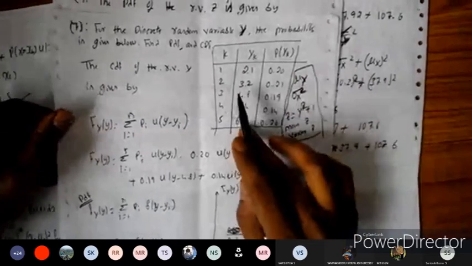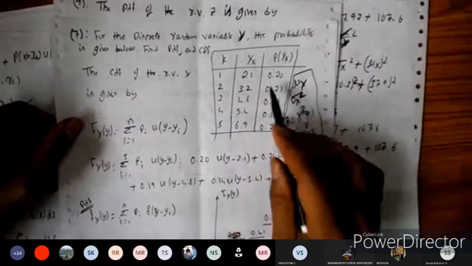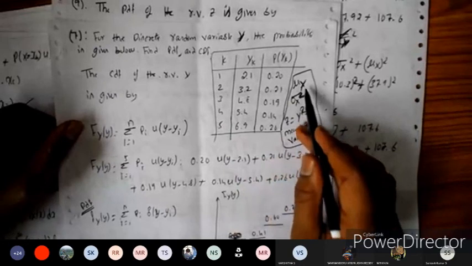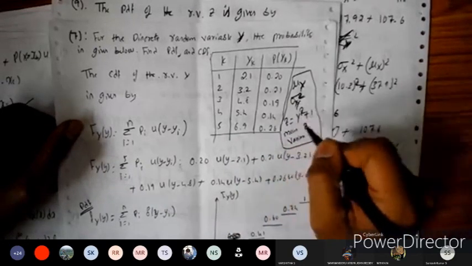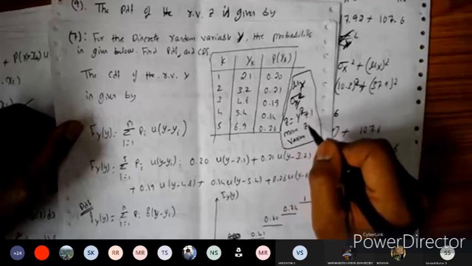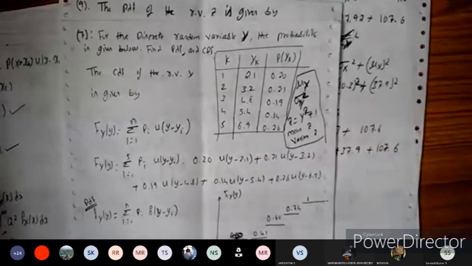For problem number 7 on the discrete random variable, the probabilities are given. Find the mean of y, sigma y square, and for z equal to y square plus 1, let us find out the mean and the variance here. Okay. Can you do this one? Do this as homework. Yes, sir. Okay, find the mean and variance of this one.